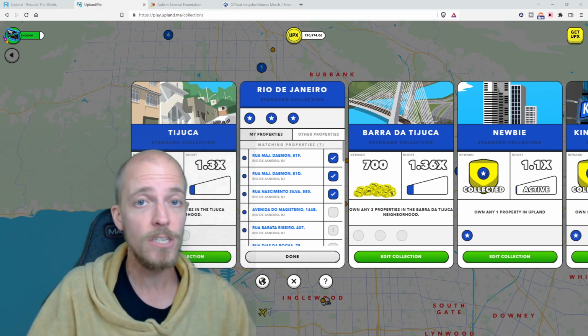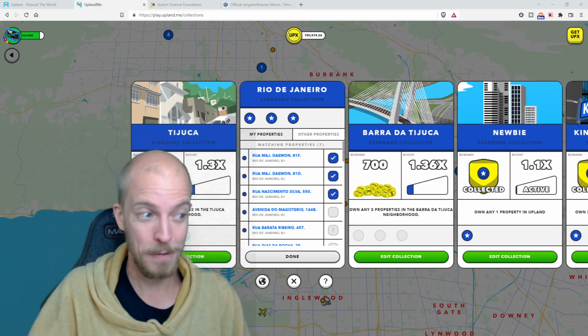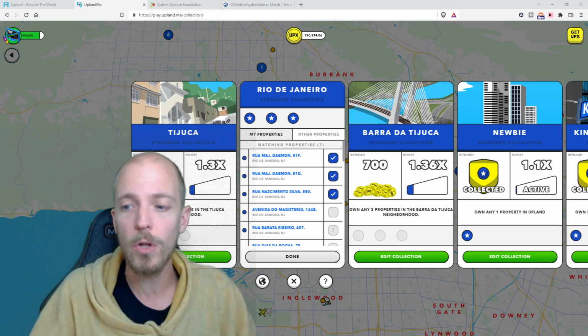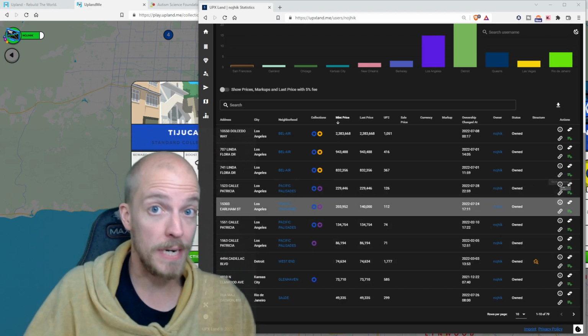I've chosen my biggest one that I don't want to get rid of because I'm not going to be selling this one. I love this property. And if I am going to be selling it, it's going to be at a pretty decent markup. So I'm not getting rid of it anytime soon. And because of that, it makes the most sense to add to a collection so it's getting the best bang for its UpX buck. Now, the collection that we're trying to complete for Rio needs 3 properties,